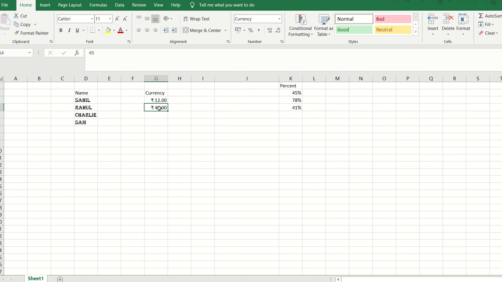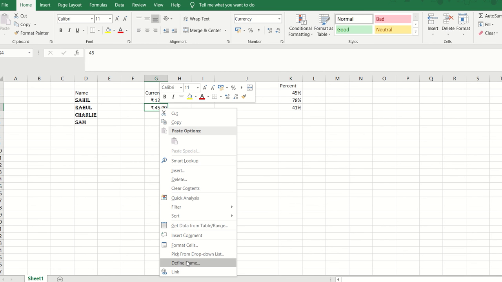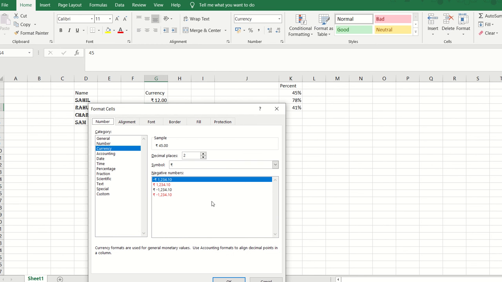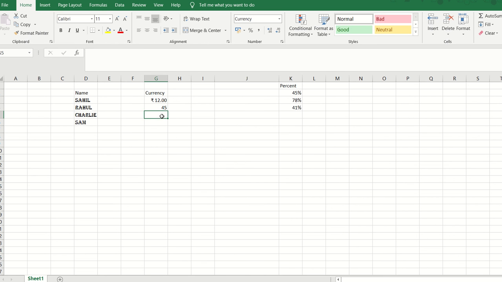When you go ahead and format a specific date, you need to right click on that particular cell and click on Format Cells. All the options that I took you through here, you can find over here as well, because over here you will be getting multiple number options. A lot of the time, my number appears in a decimal format and I don't need it in decimal format. For example, if this is currency and I don't need decimals, I can remove the decimal altogether, put it to 0, and then it would be showing me like this.